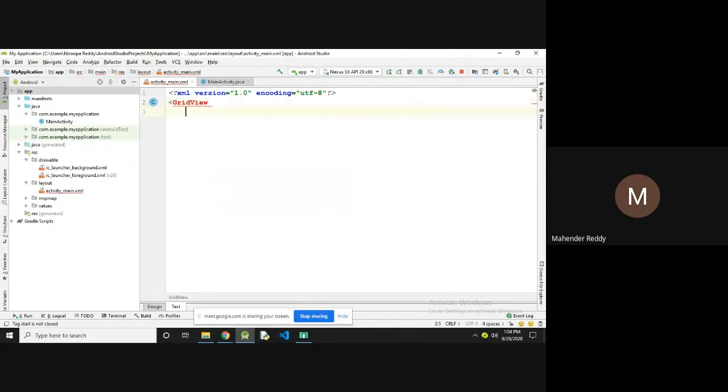So GridView, xmlns:android equals http://schemas.android.com/apk/res/android. You have to import this one.